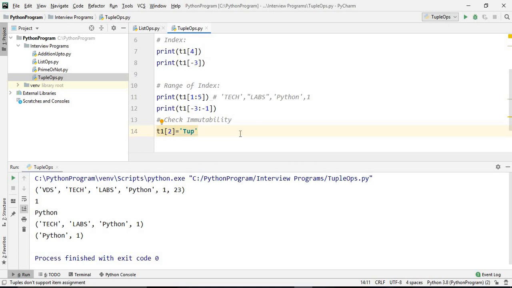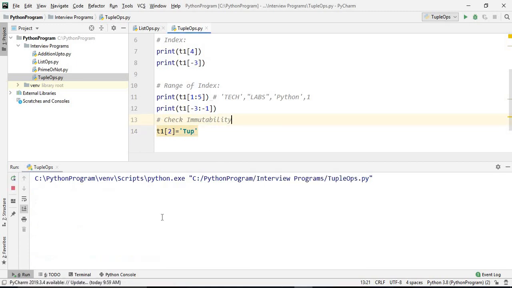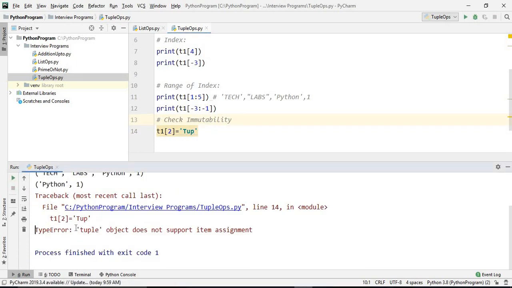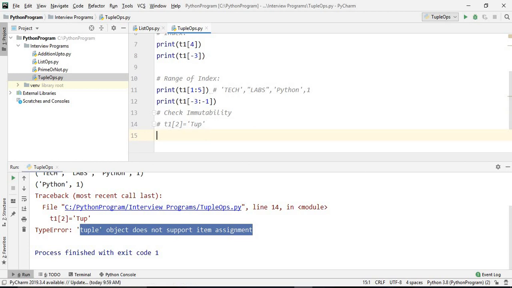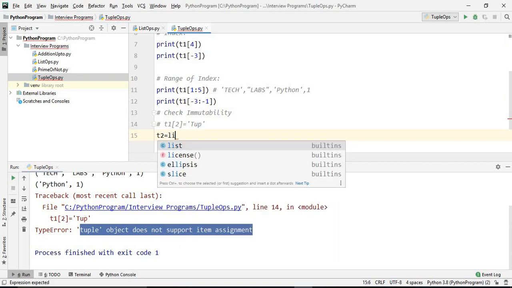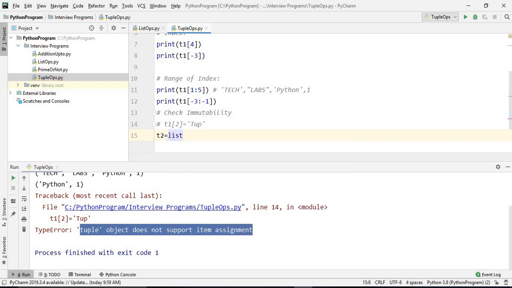If we run, it will show an error: TypeError, tuple object does not support item assignment. Means we cannot modify a tuple once it is created. But there is a workaround. If we convert this tuple into a list, how can we convert? T2 equals list of T1.